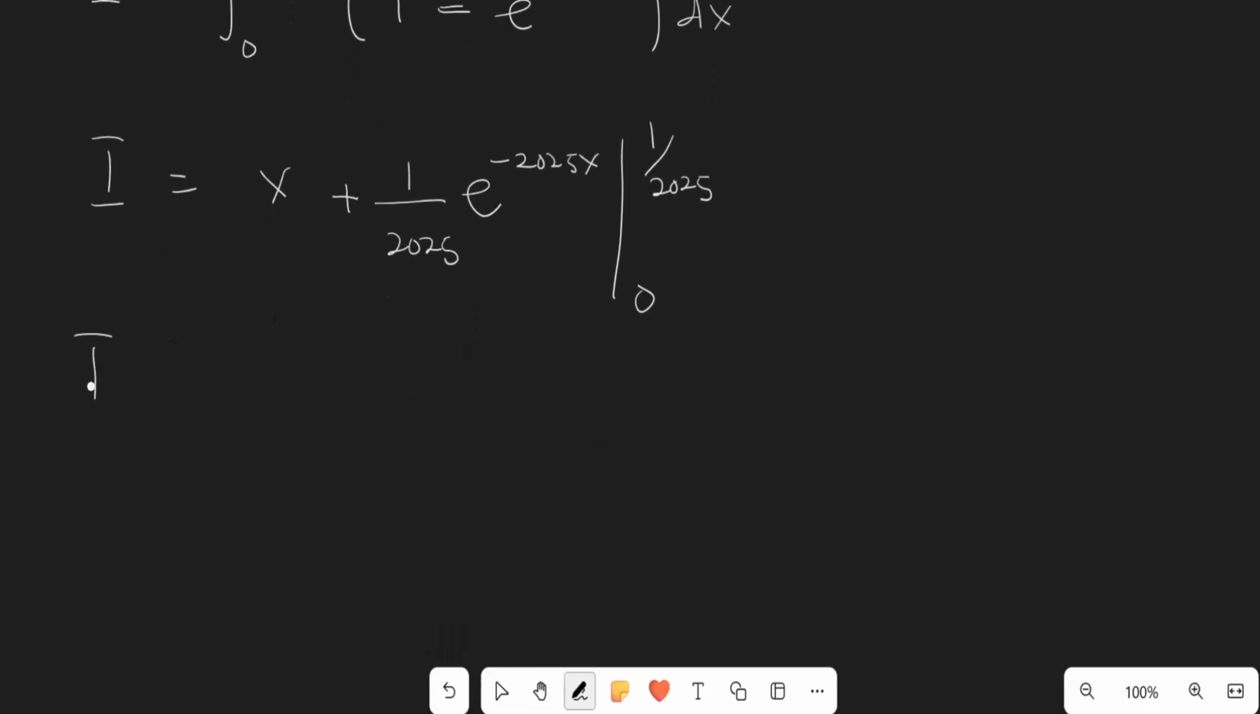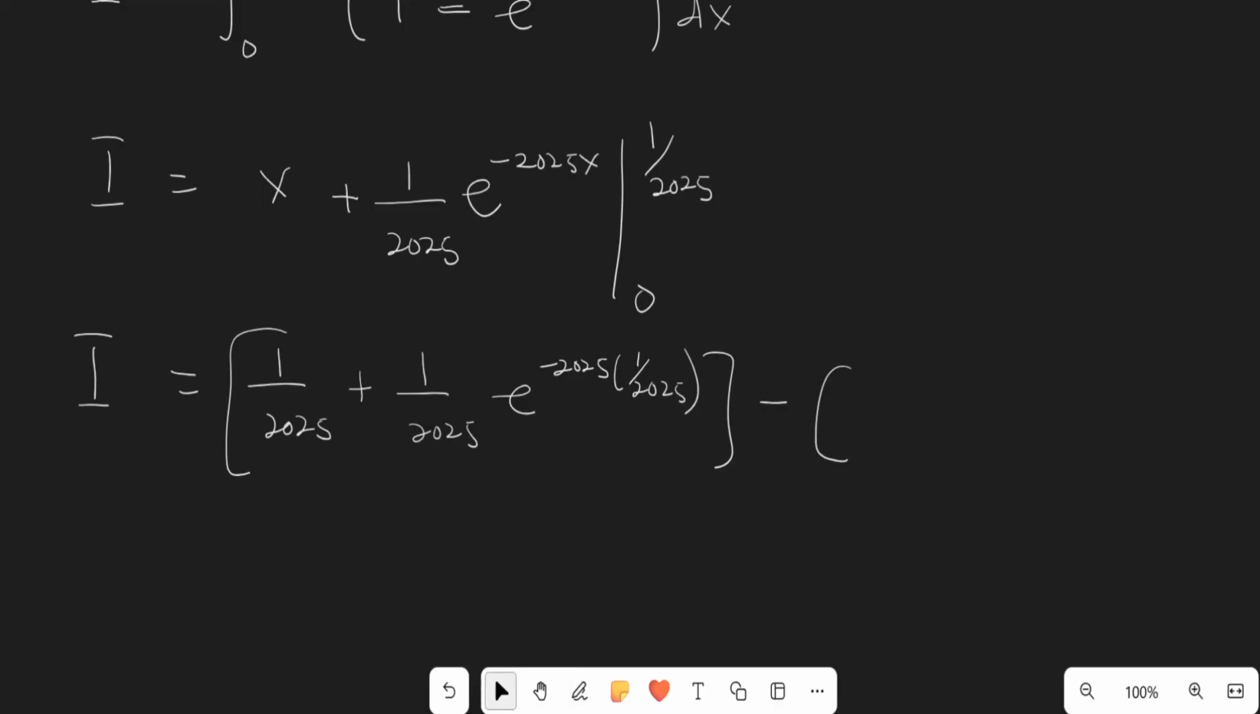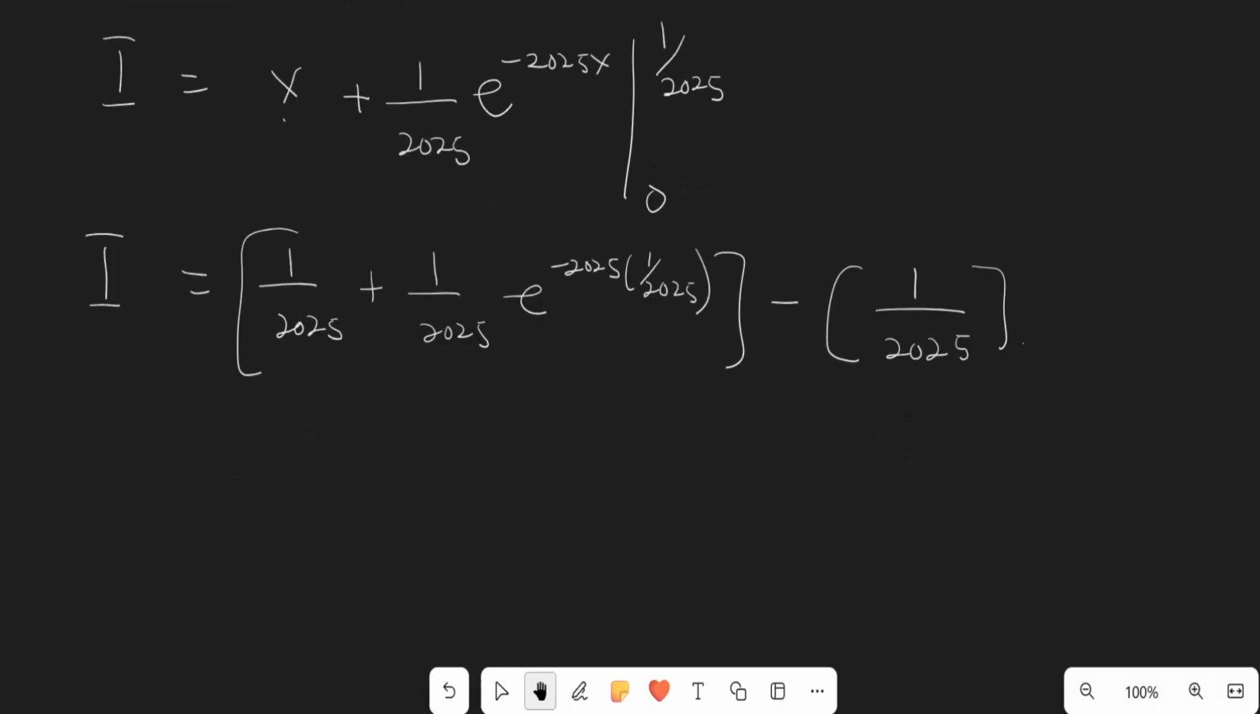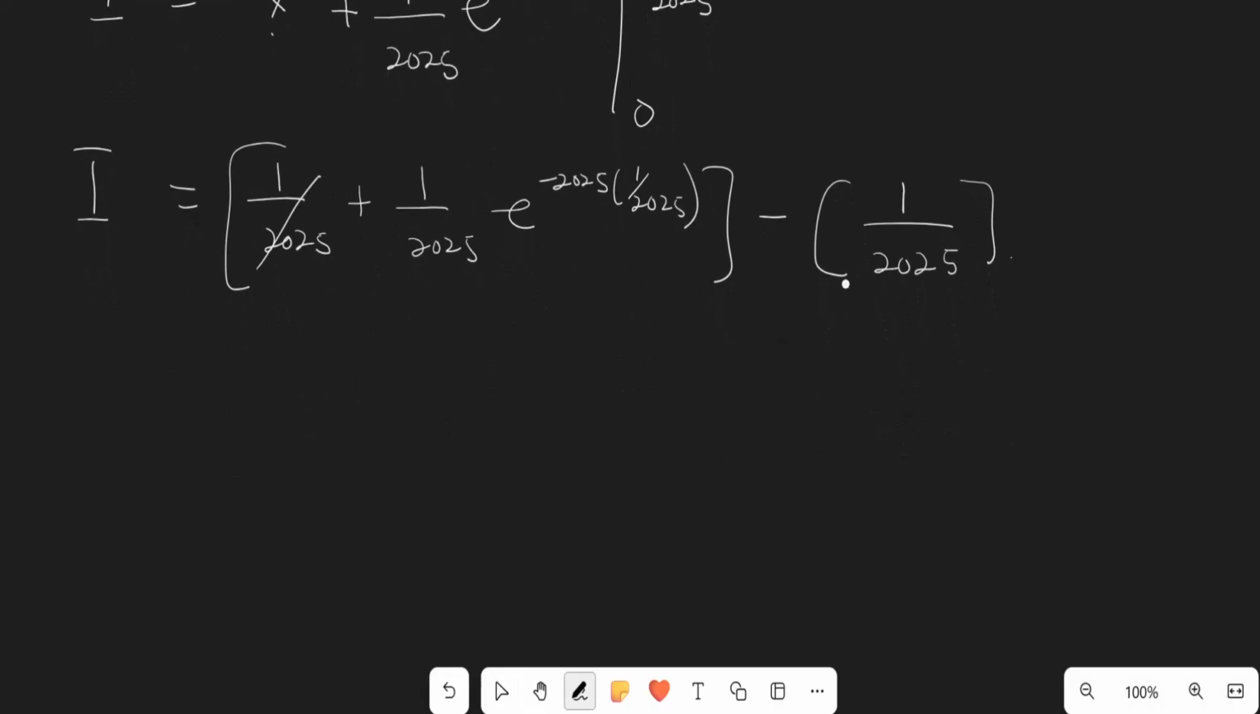And we are almost there. So you plug in our upper limit: 1 over 2025 plus 1 over 2025 e raised to the power negative 2025 times 1 over 2025. This is the upper limit minus the lower limit. This will be 0, and this one is e raised to the power 0, which is 1. So the lower limit will actually evaluate to just 1 all over 2025. And this one will cancel with this one. So in the end, we have I equal to